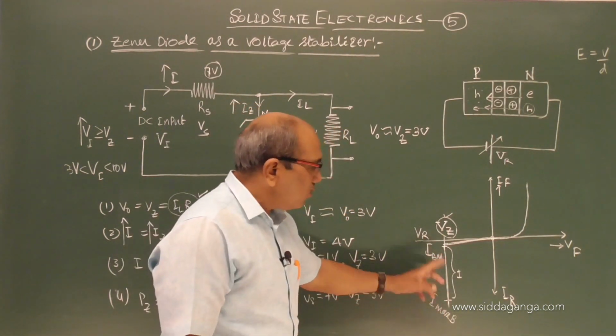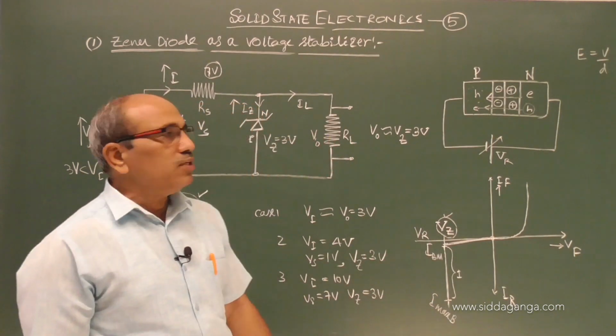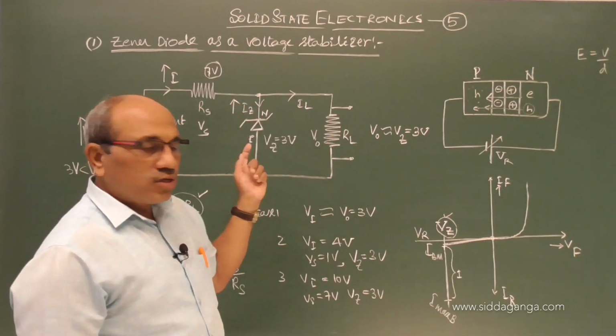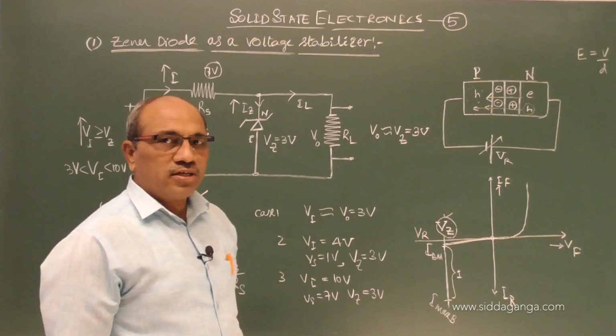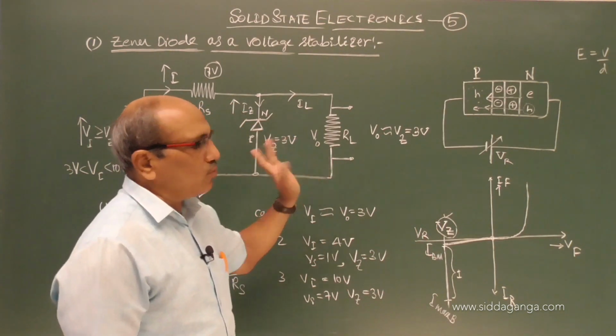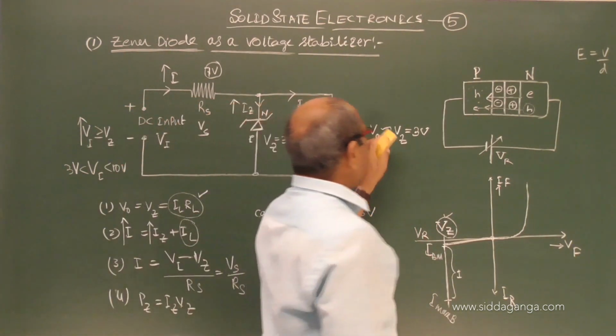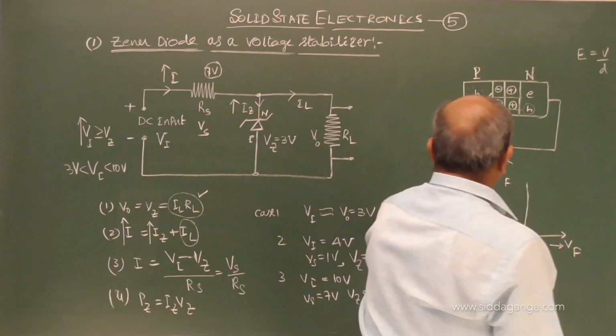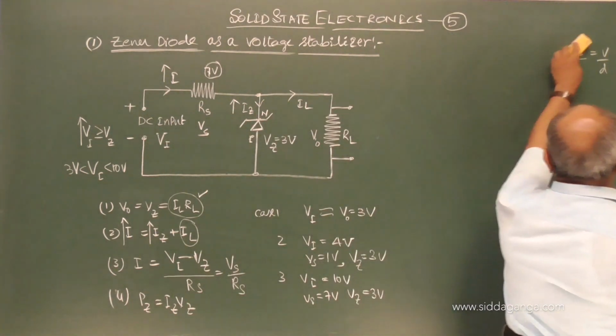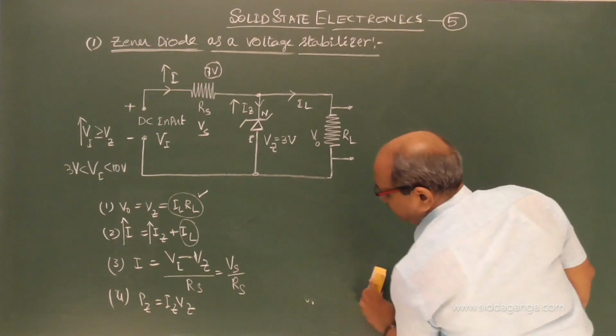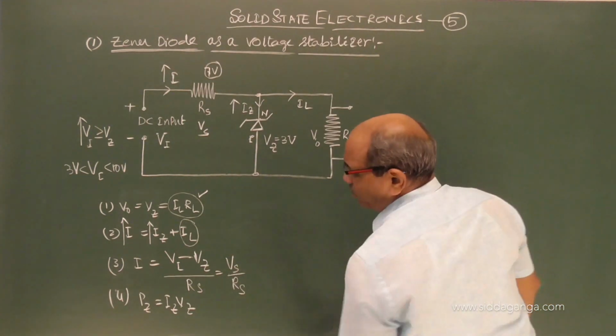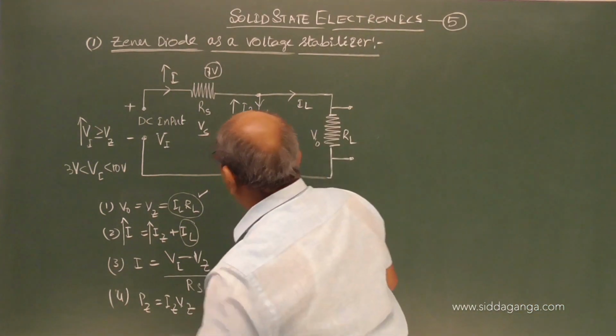But there is a limit. Within this range, we can safely use the Zener diode as a constant voltage source under reverse bias. How it stabilizes, you will come to know. For example, I will show you here with a case where you can better understand that. The equations are more important and easy. I hope you have followed.